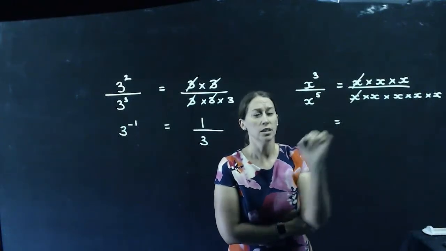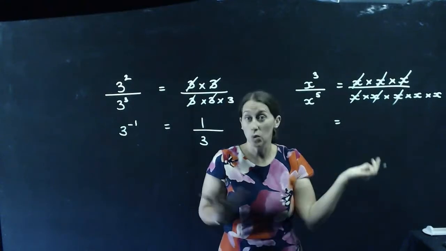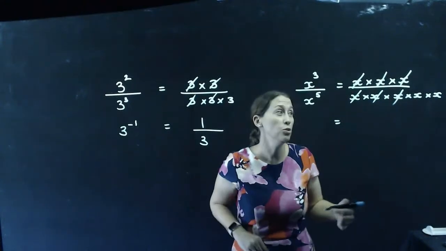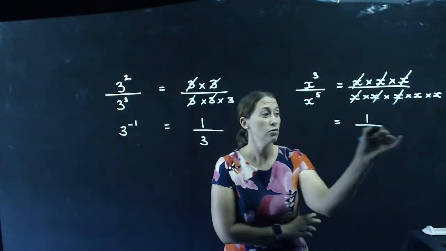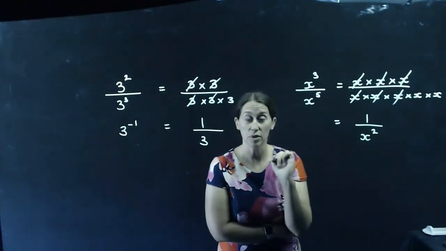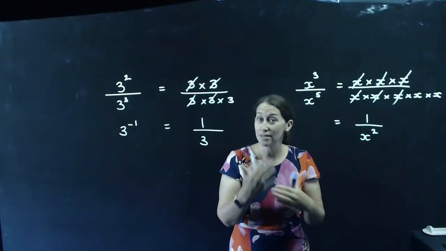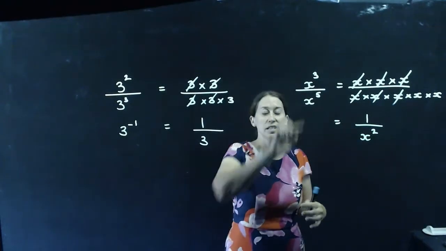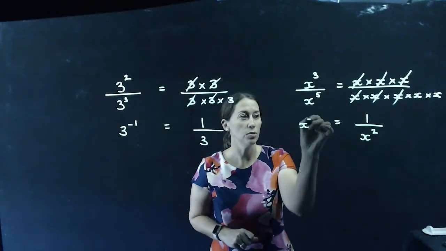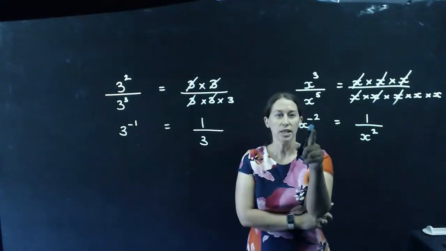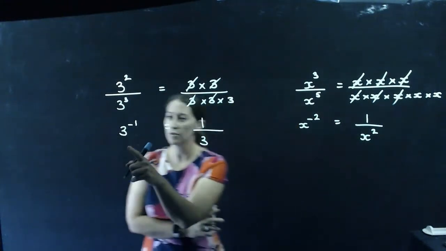Well, 1 times 1 times 1 is 1, which is a whole number. Whole numbers belong on the numerator. And then on the bottom, we're left with x times x, which of course is x squared simplified. This division law idea, let's do the subtraction because the x is the base, same. 3 take away 5 is x to the power negative 2. Okay, so x to the power negative 2 is equal to 1 over x squared,